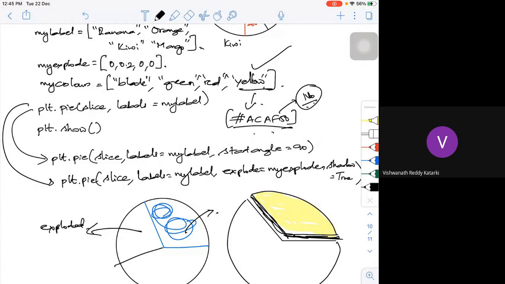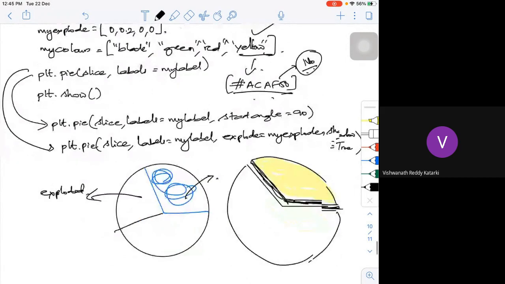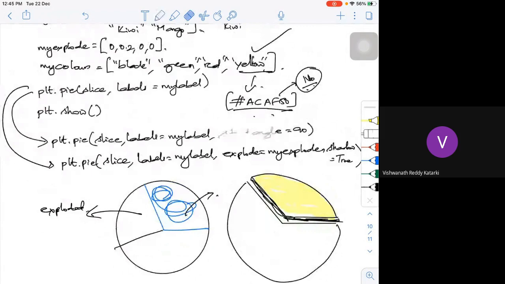So what you have to do in that case is go here, and instead of this particular thing, you have to show colors is equal to my colors. Whatever you want to define, you have to define, so you will get the colors you are defining. Say for example, I want a white color, I can give W. If you want magenta, I can give M. If I want cyan, I can give C. If I want green, it is small g. That also I can give.